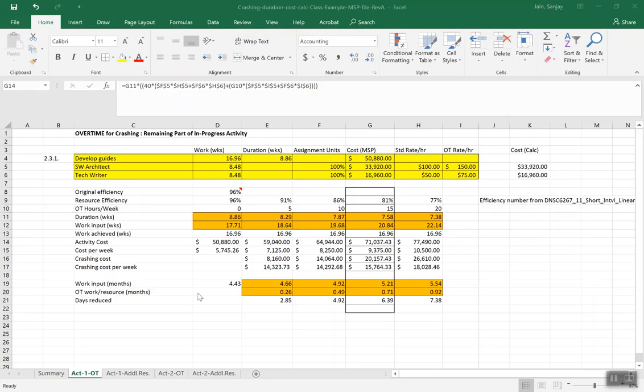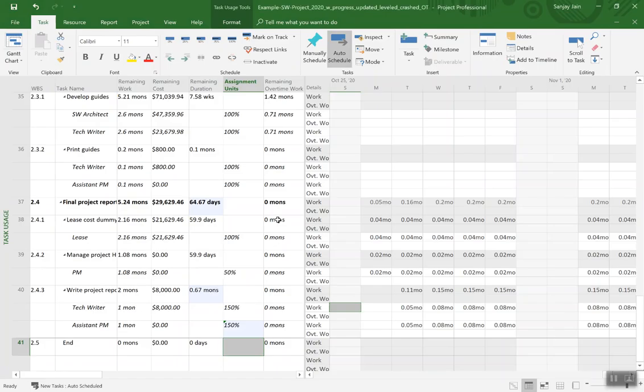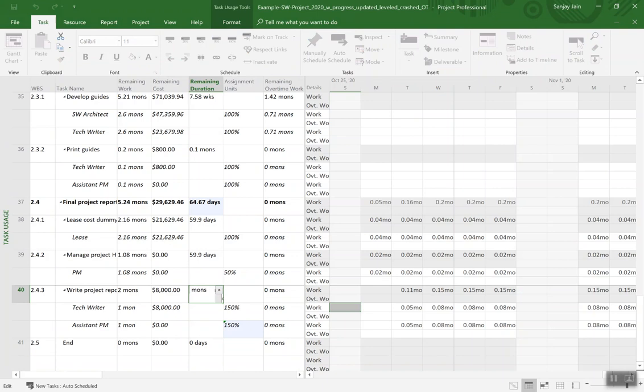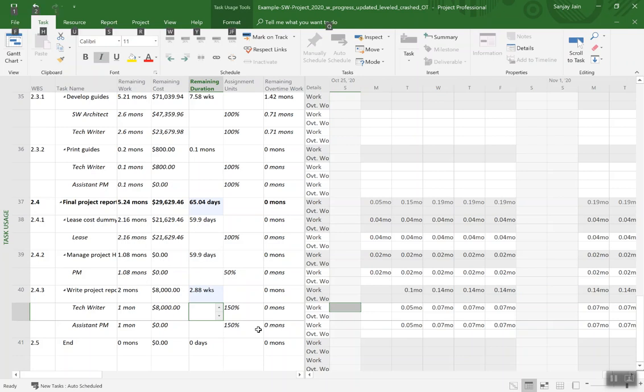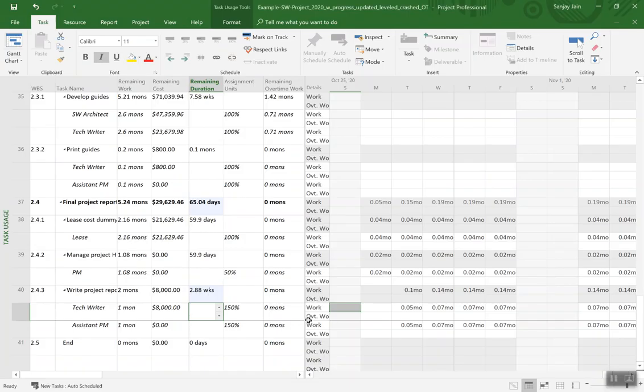Let's go back and look at our settings on what did we want to achieve here. Activity 2. So we are saying because of the efficiency, we actually would need 2.88 weeks. That's a little bit over 0.67 months. So we'll change that. 2.88 weeks at 150% each. And the work is going to be 2.16 months. And so we need to change that. Because again, because of inefficiency, we'll have a work of 2.16